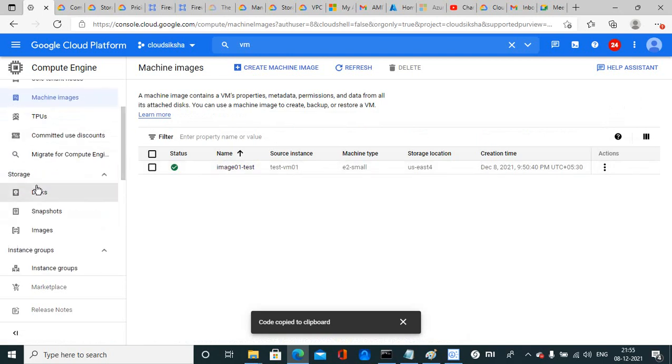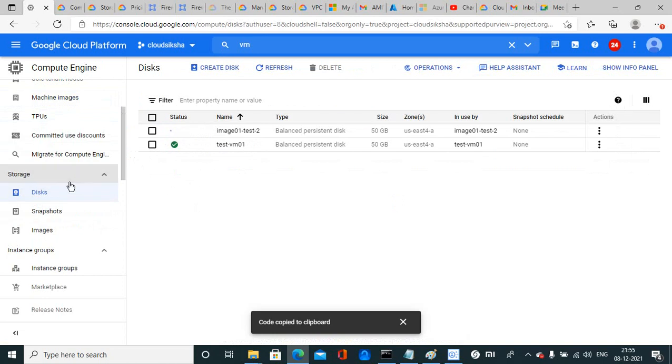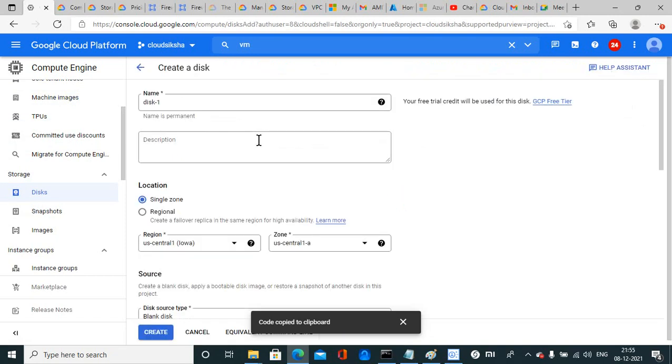And now coming to the disk part, once you click on the disk, this is the disk for VM1, and this one is the disk for test one machine, which I am creating. So create a disk. Once I click on create disk, I can create an additional disk and attach it with the VM.